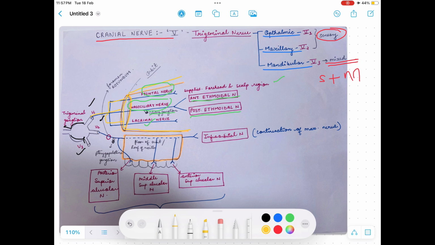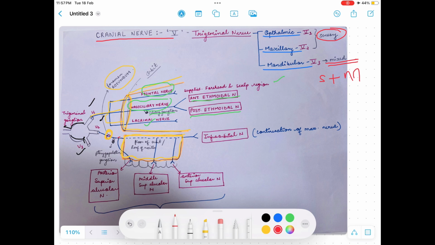Now let's come to maxillary nerve. As you can see, I have drawn this structure that I am outlining with yellow. This is representing the maxilla. So basically maxillary nerve emerges from trigeminal ganglion and it passes through a foramen. And which is the foramen? The name of the foramen is foramen rotundum. Maxillary nerve passes through foramen rotundum and before it enters into the maxilla, it gives one more branch,